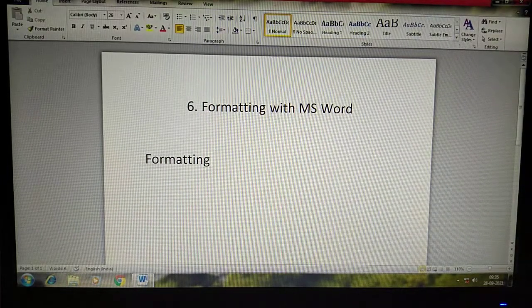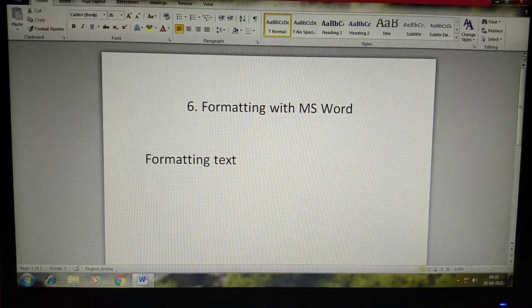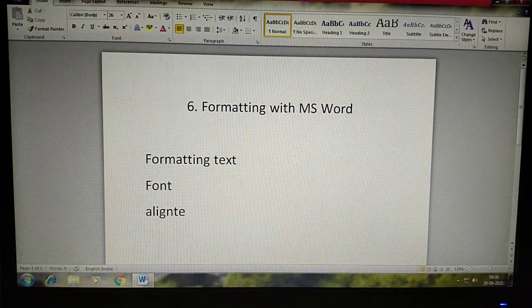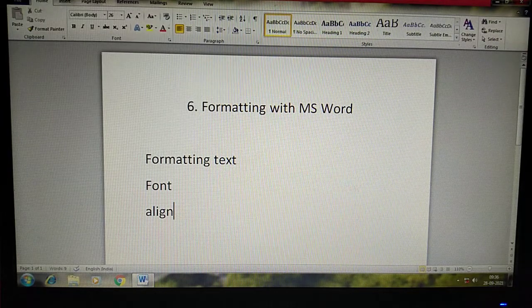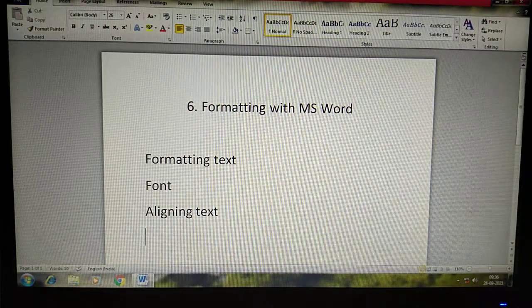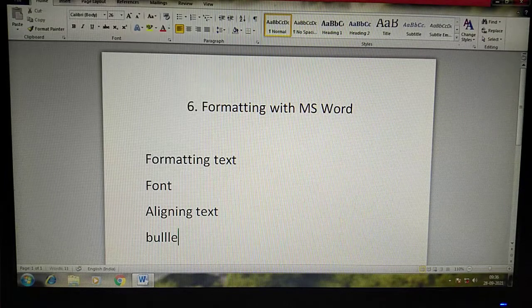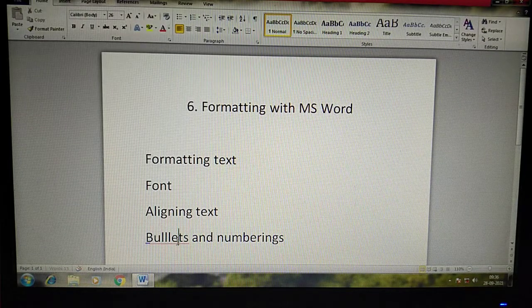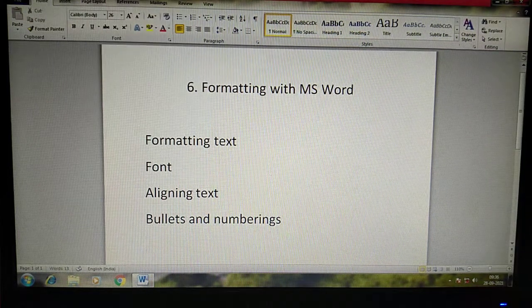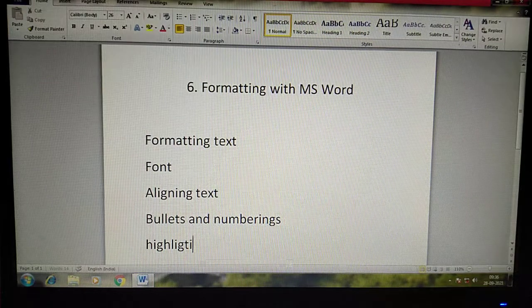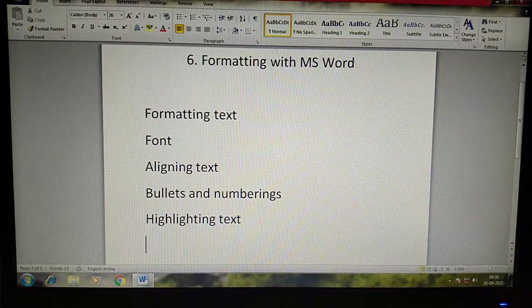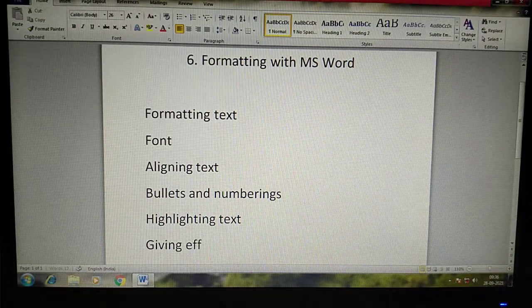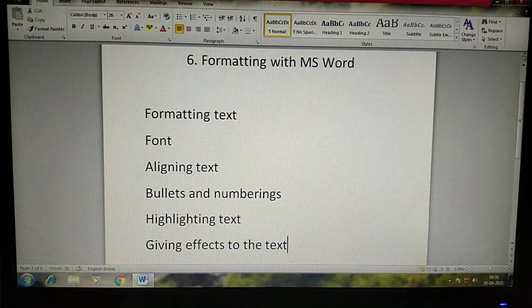Formatting text, font, next align, aligning text, bullets, and numberings, highlighting text, then giving effects to the text. Okay children?